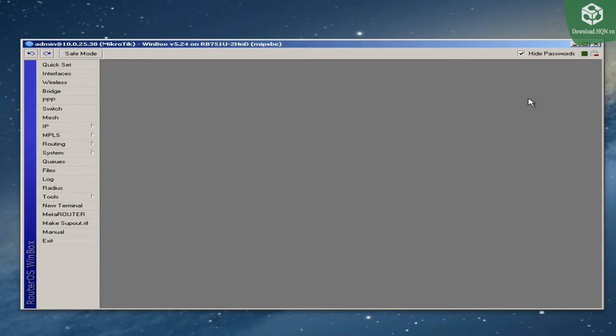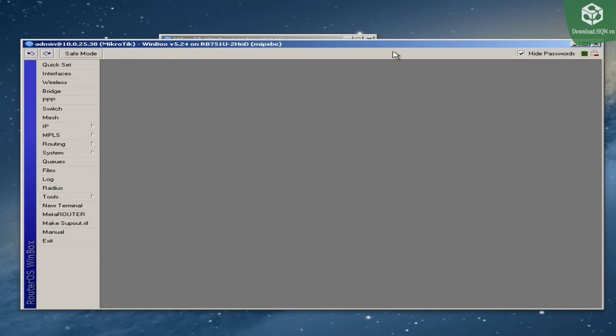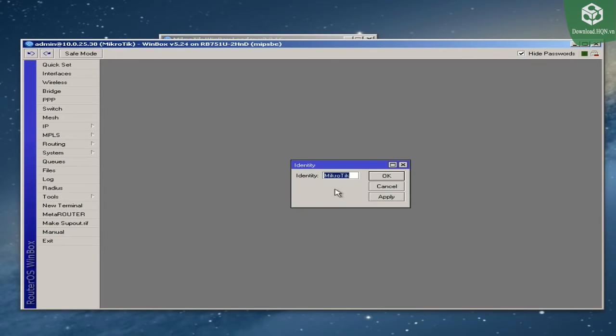Okay, so now we have our IP address set, we have DNS set up. The next thing I like to do is to set up the system identity so that when we use the Winbox utility, we'll be able to see our router on the local area network. When you do a scan with Winbox, router identity is one of the options, and currently ours says MIKROTIK, which is the default. So I'll click System, Identity, and I'll set the identity of the router to MIKROTIK